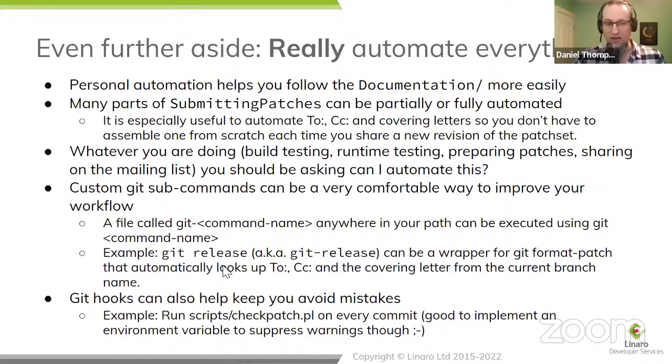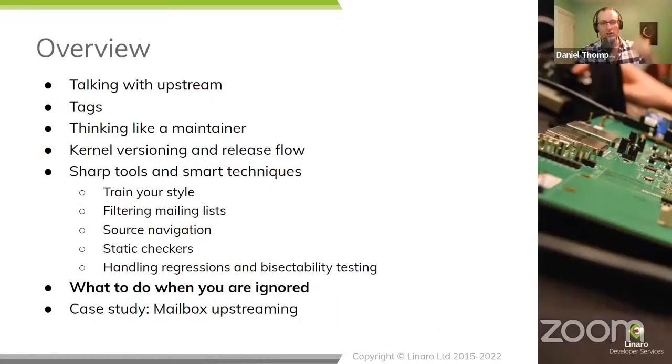And in my case, checkpatch is also built into Git release so that I can't release code without having remembered to run it through checkpatch at the very minimum. All those activities, all that advice about things you have to remember to do are things you can automate. So don't tolerate excuses about what you can't automate. Look for what you can automate.